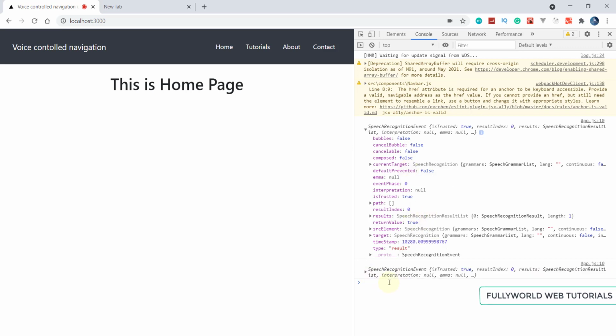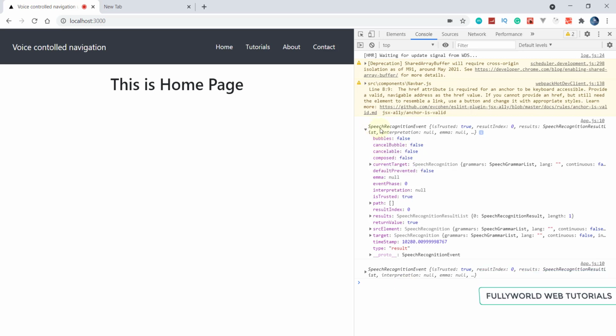After on result runs, it gives us the object, as we are consoling our event here.